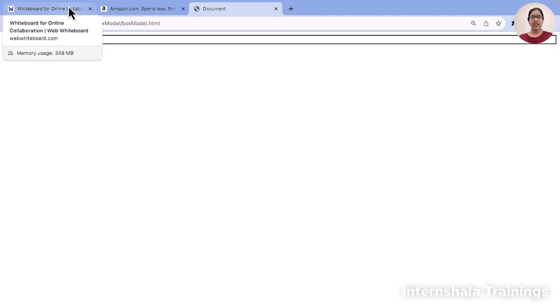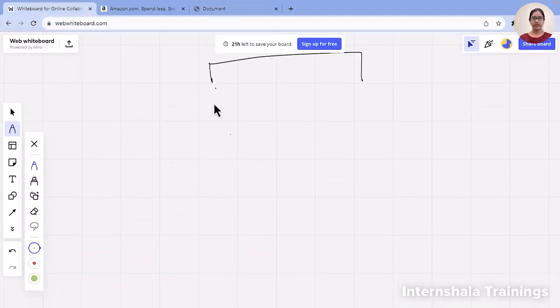That means if I write something here, like my name, Anshika, and now I want to apply a border, it will be applied to this area. So this is called content, and around this content we are applying the border.